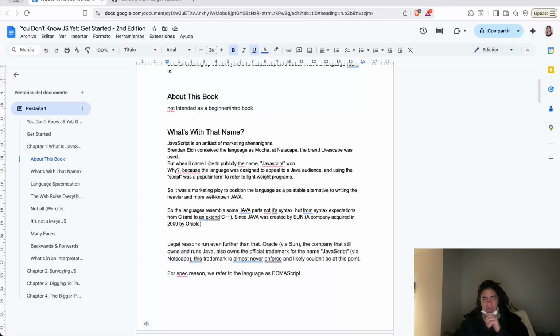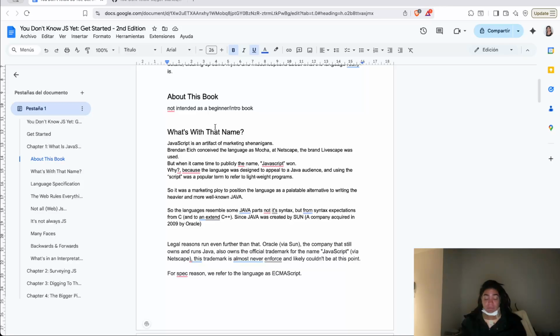But what I really love about this particular word that they use here is that the name JavaScript in itself is an artifact of marketing shenanigans. Because this language was designed internally by Brendan Eich, a software engineer back then, that worked